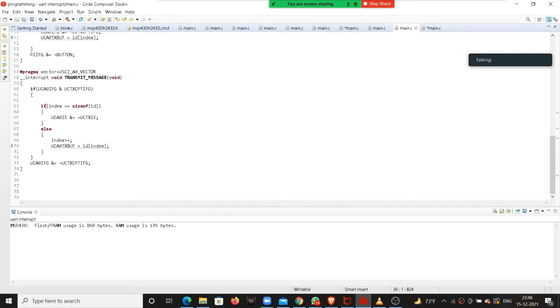When the whole message is transmitted, the index will be equal to the size of the message, so I will disable the transmitter interrupt, then it will stop transmitting.